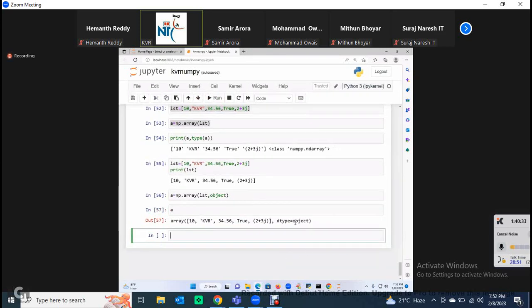Homogeneous. Because internally treated as which type? You understand my English? Even though I add which values? Heterogeneous values, internally treated as in the form of what? Homogeneous, in the form of object. Can I add different values to an ND array? Yes. Internally treated as what type? Same type. What is the type? Object type. What is the object? Super type of all the types. That is called